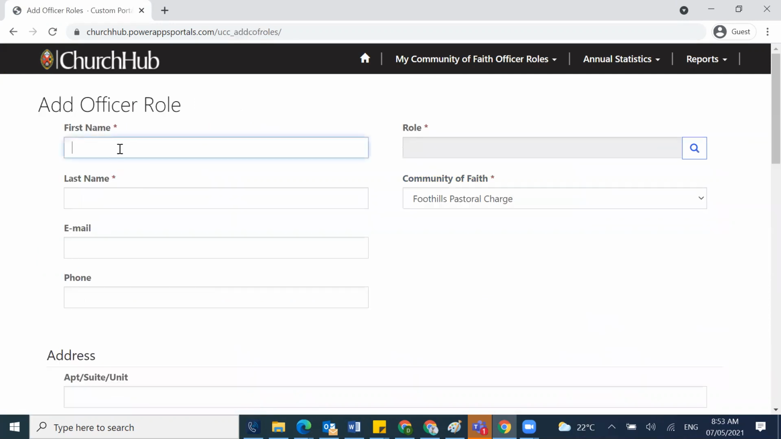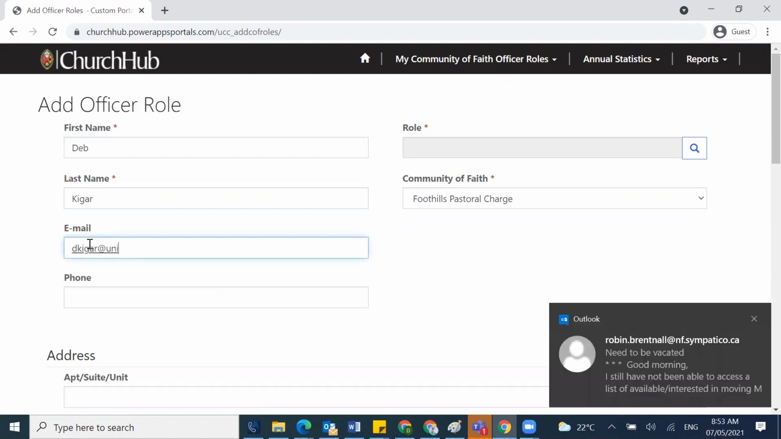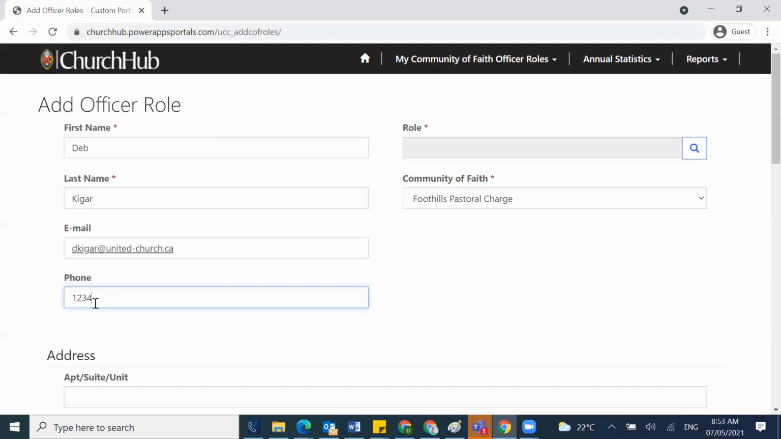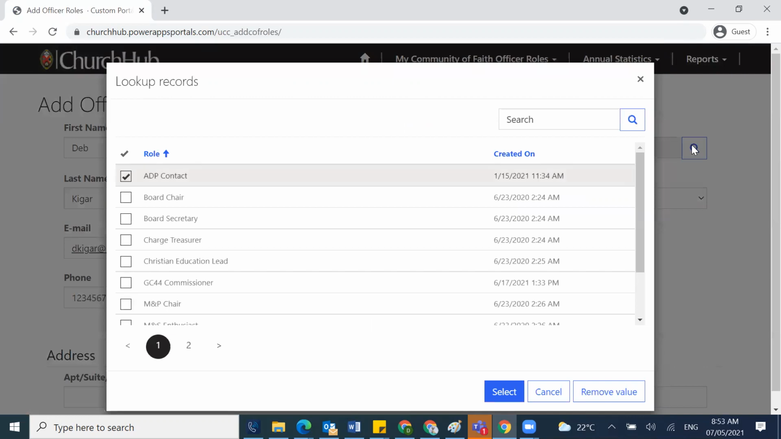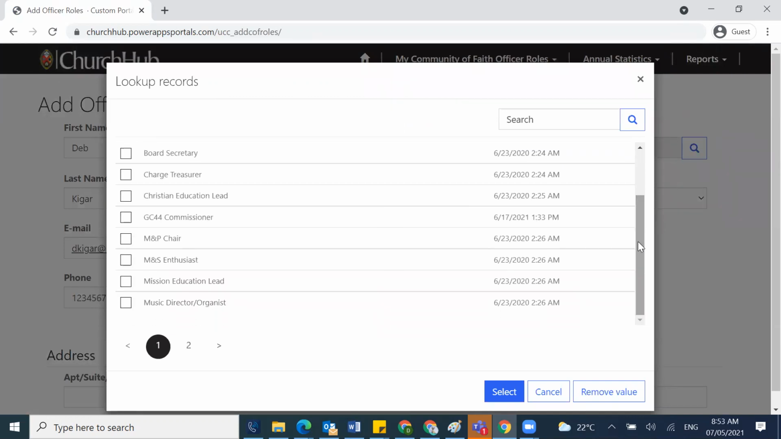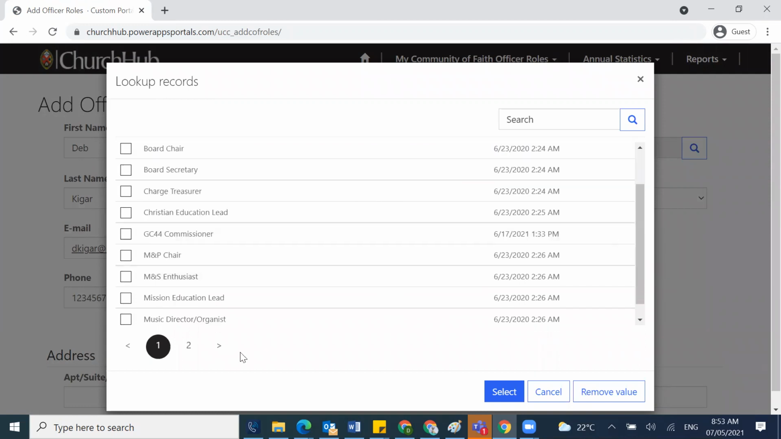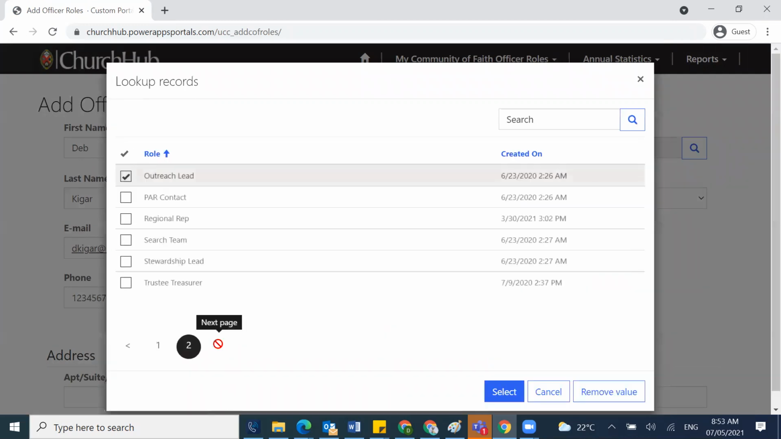You would enter the person's first name, last name, an email address, and a phone number. Then you would choose the role from the list of roles. There are 2 pages of various officers and roles that you might have in a community of faith. You select a role